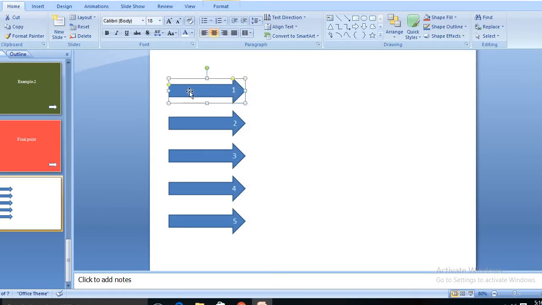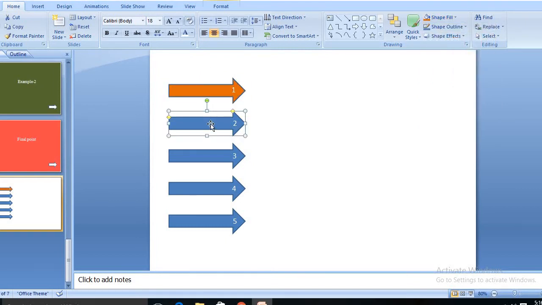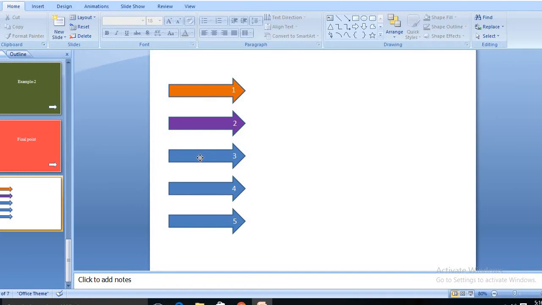Then select this one, Control V. After placing all the numbers like this, select this one, go to shape fill, and take this color, and next take the shape fill, take this color, select the third one.